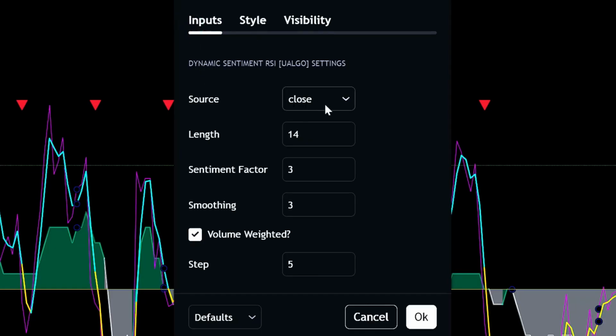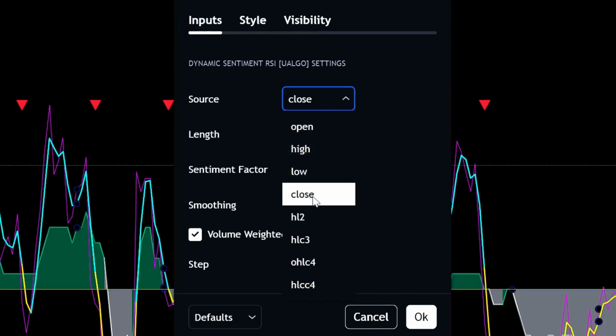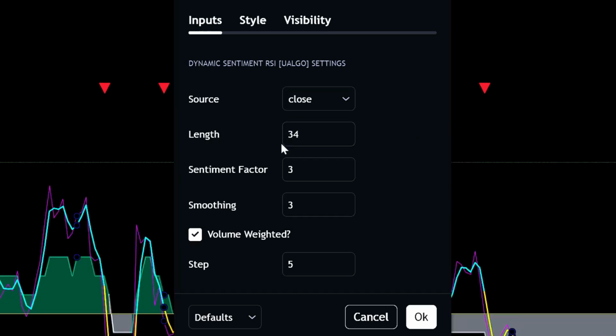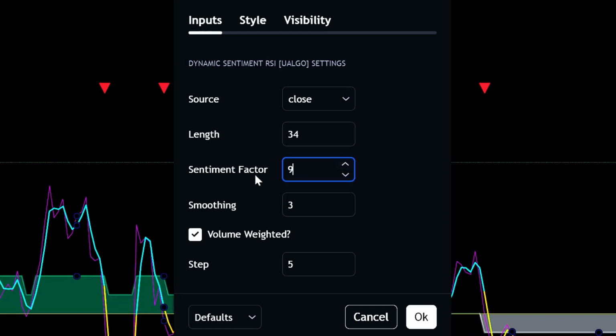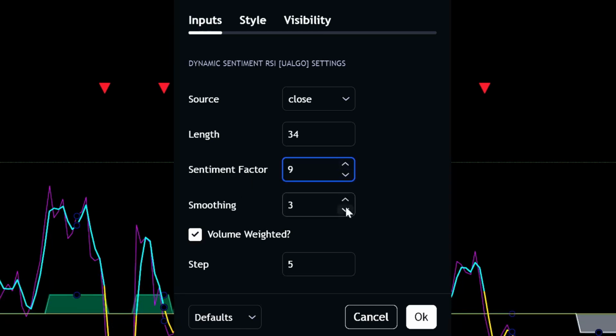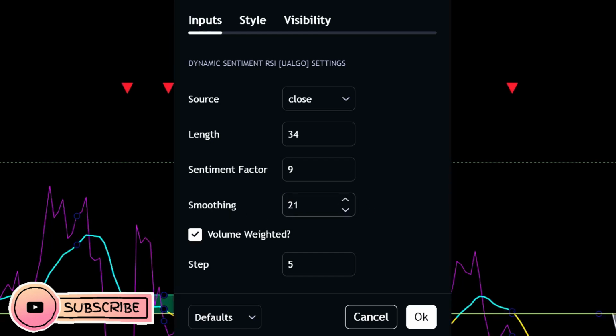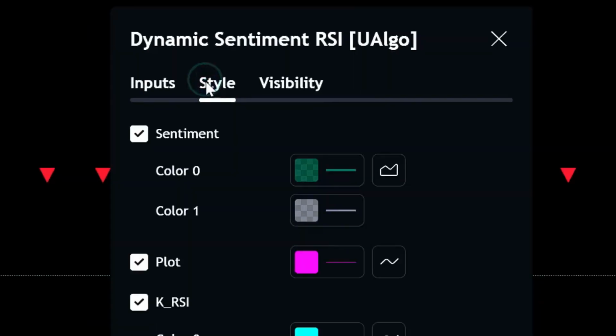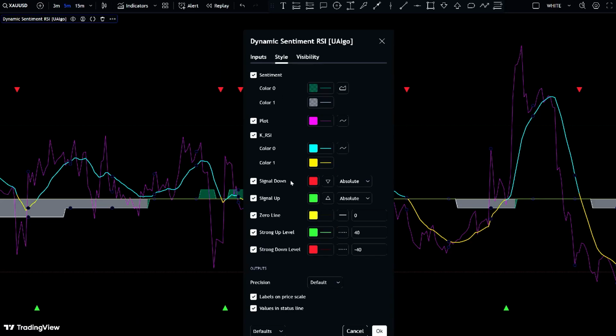Change the source to close. Then set the length to 34. The sentiment to 9. And the smoothing to 21. Make sure volume weighted is checked. That's important. And set the step to 5. You don't need to mess with anything in the style section. So we're good there. Just like that, our first key indicator is locked and loaded, ready to rock and roll